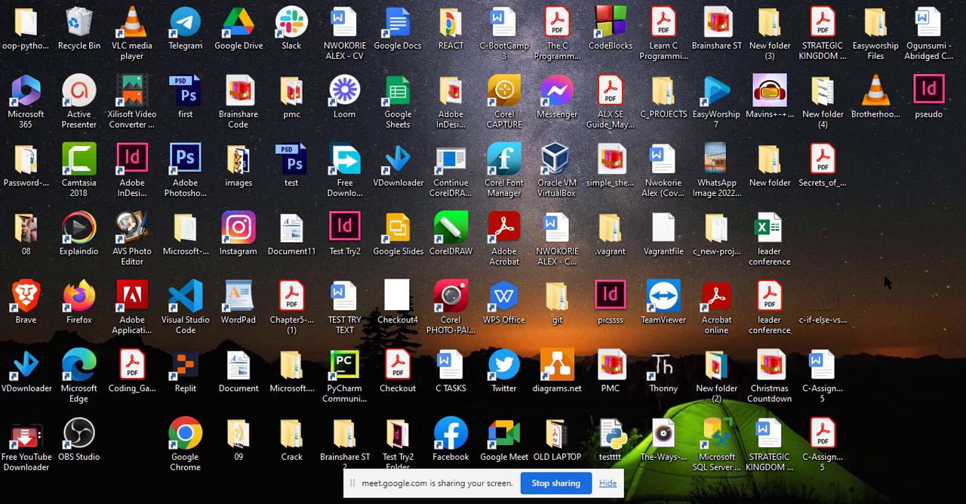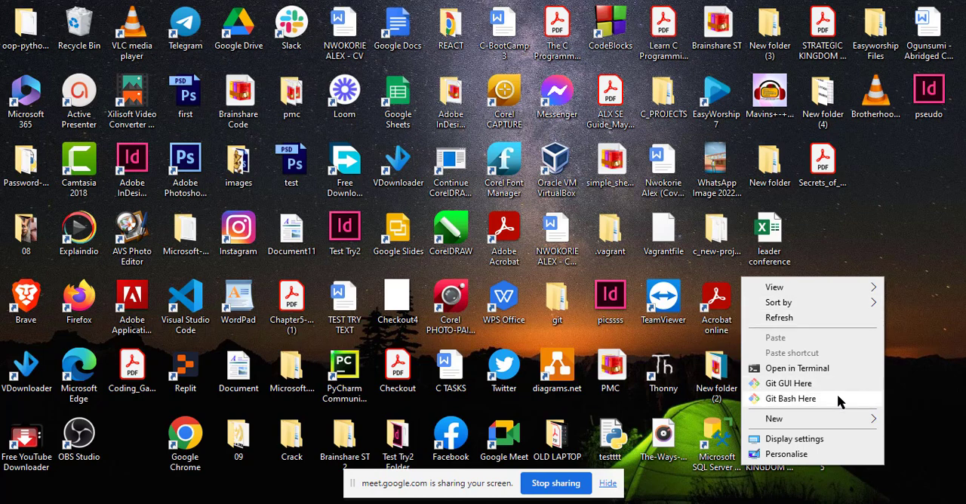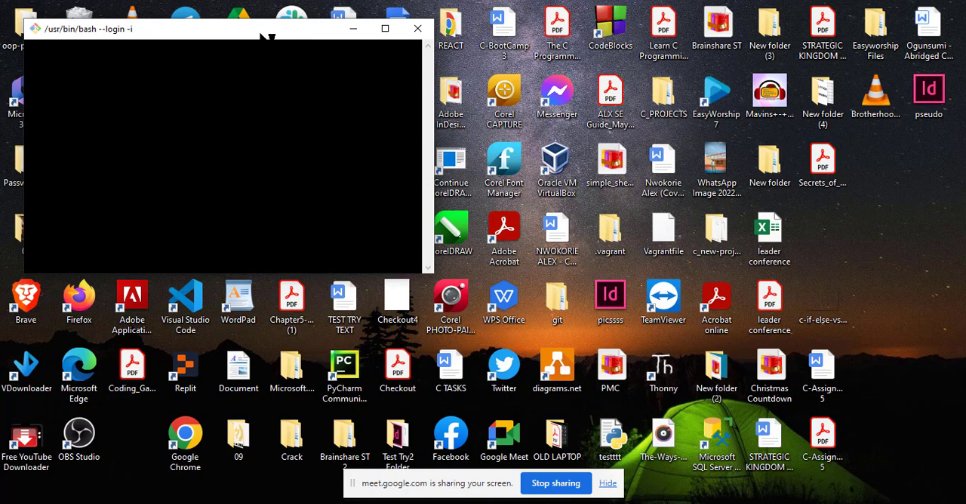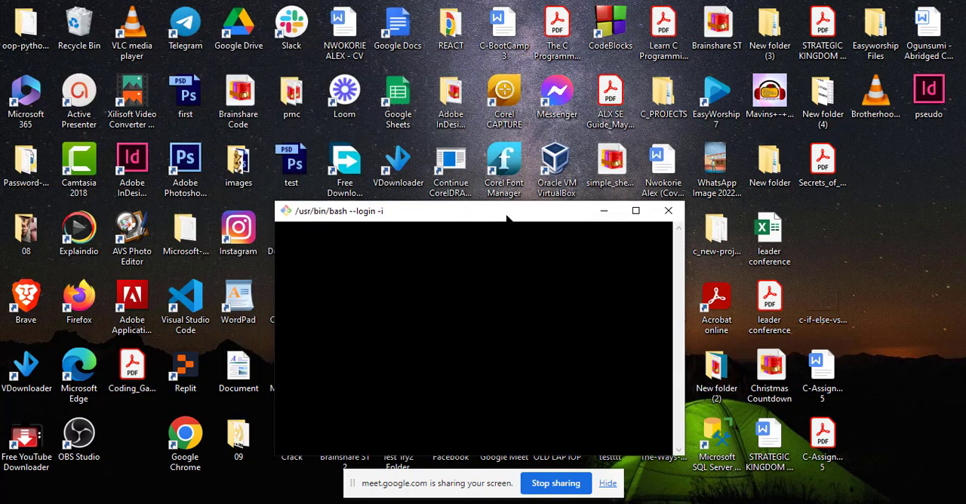Now let me show you why you need to use Git, why you need to have Git Bash in your laptop. So let me open my Git Bash now. Now this Git Bash, the commands you are using,